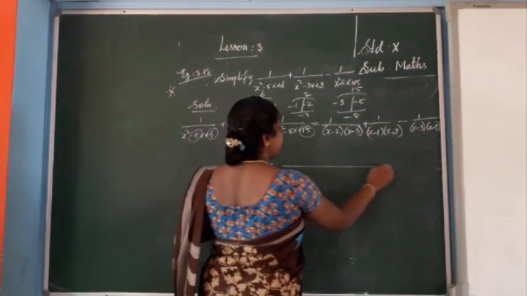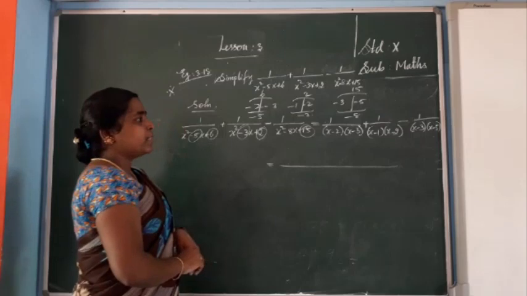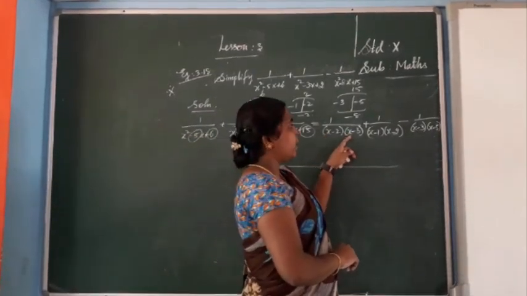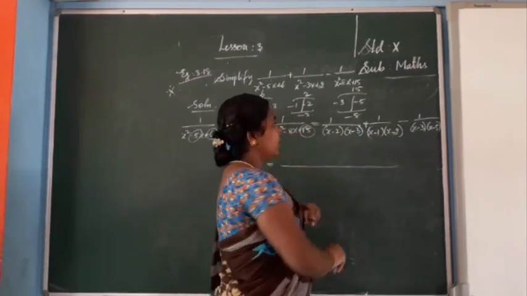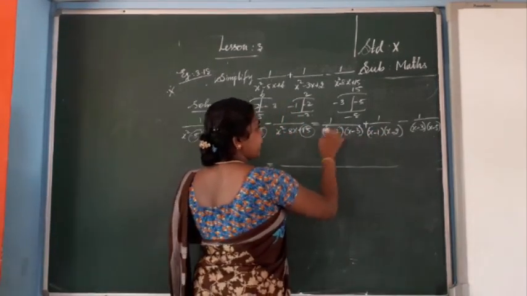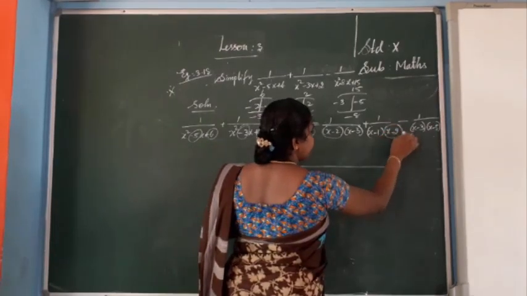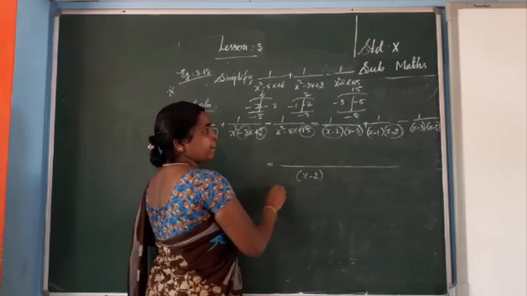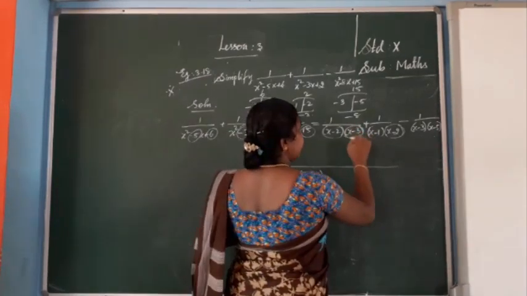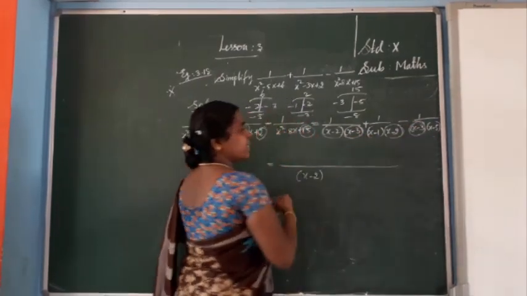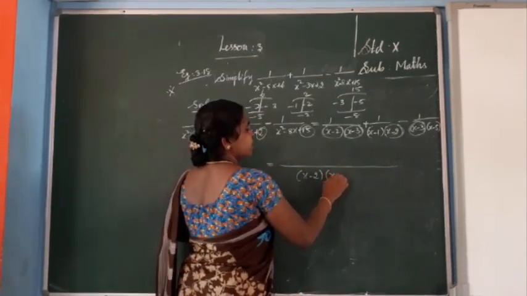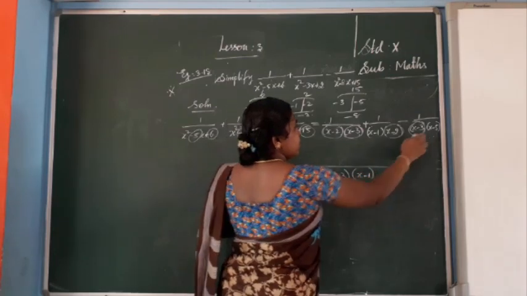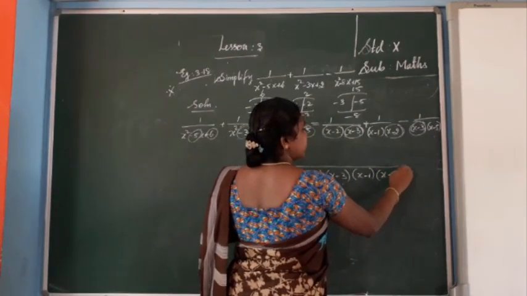Before adding and subtracting, you have to take the LCM. You see the terms. In the first term, x minus 2 and x minus 3 are here. They are different terms, isn't it? So first, x minus 2 is here. In other places, instead of these two terms, one time you write x minus 2. Like the next, x minus 3 is here. Here also we have x minus 3. Instead of the two parts, you write it once, x minus 3. Next is x minus 1. Then x minus 5. Remaining terms also you want to write.